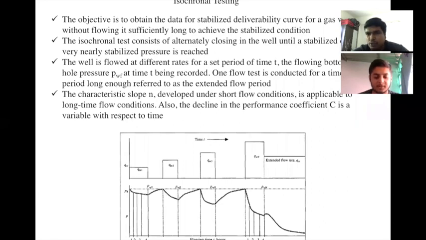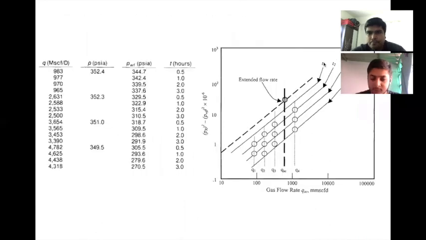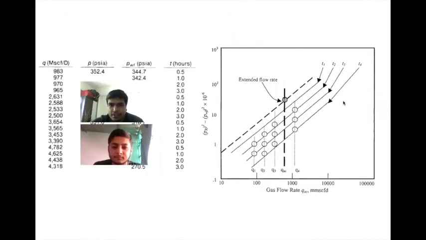Don't just go by the unit. It may be 2 hours, I'm just giving an example. So in the third flow period also, you can just take the 2 minute data. And the data you take at each time will allow you to plot a deliverability curve. So suppose you go to this graph on the right hand side. For suppose 2 minutes, you observe the pressure value and the flow rate is known. So for a given flow rate, you are just changing the value of pressure now, because the flow rate is constant. So you have a graph which looks something like this.